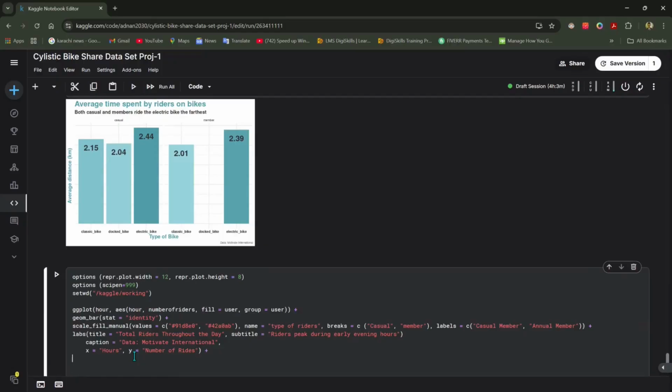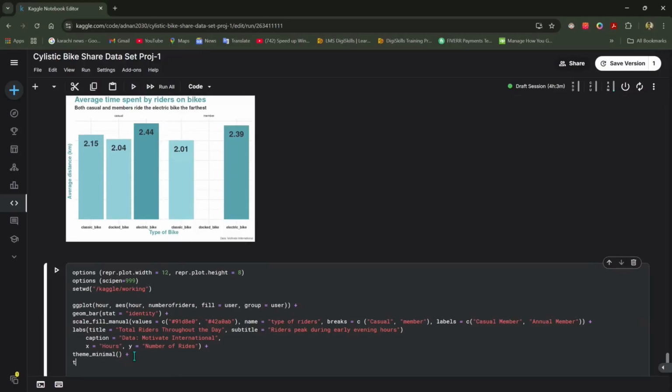And now we are going to add theme minimal for clear visualization purposes, plus theme dot subtitle equals to